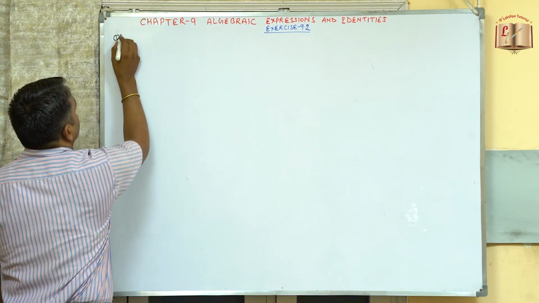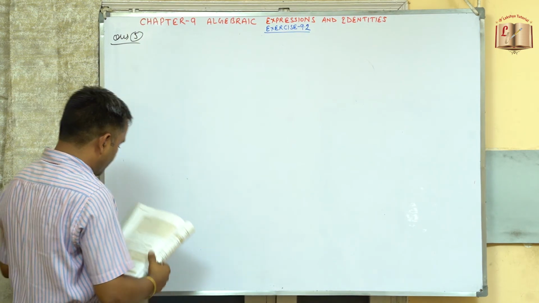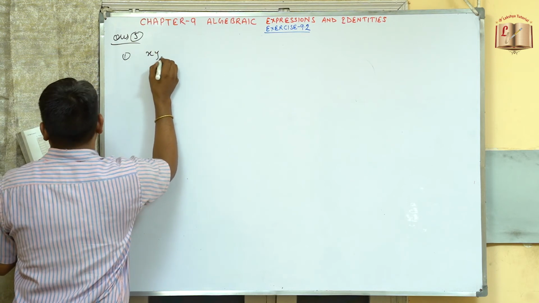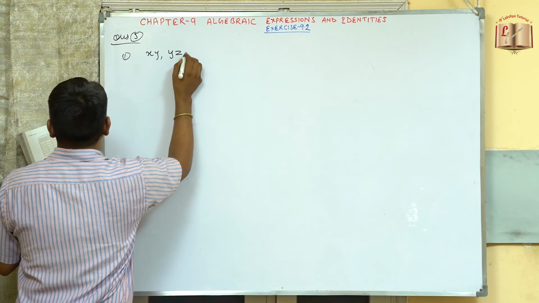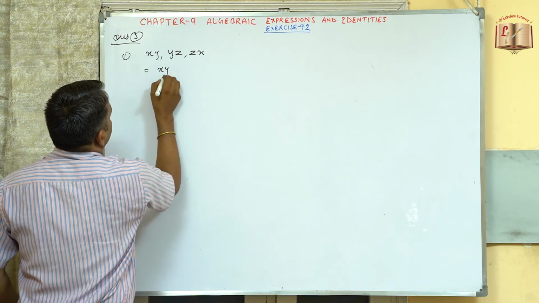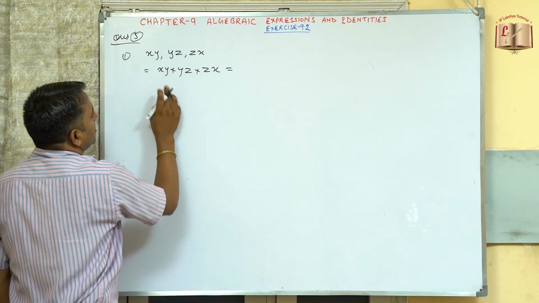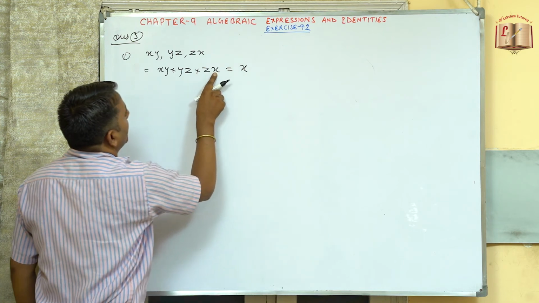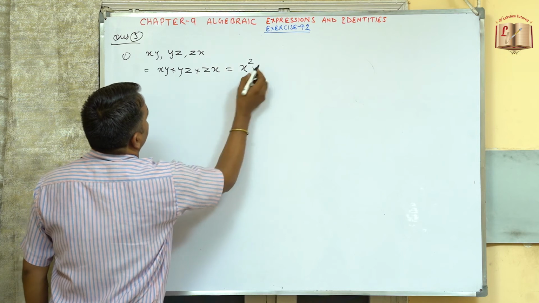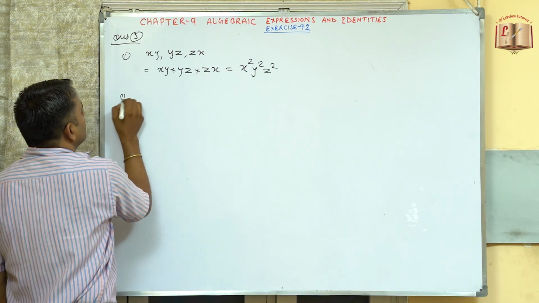So now coming to question number 5, obtain the product of. So we need to find out the products, for the first case, xy, yz and zx. So the product will be xy into yz into zx. So here it will be x to the power 1 and 1, so this is x square, and y is 1 and 1, and similarly z is 2. So this is now the product.